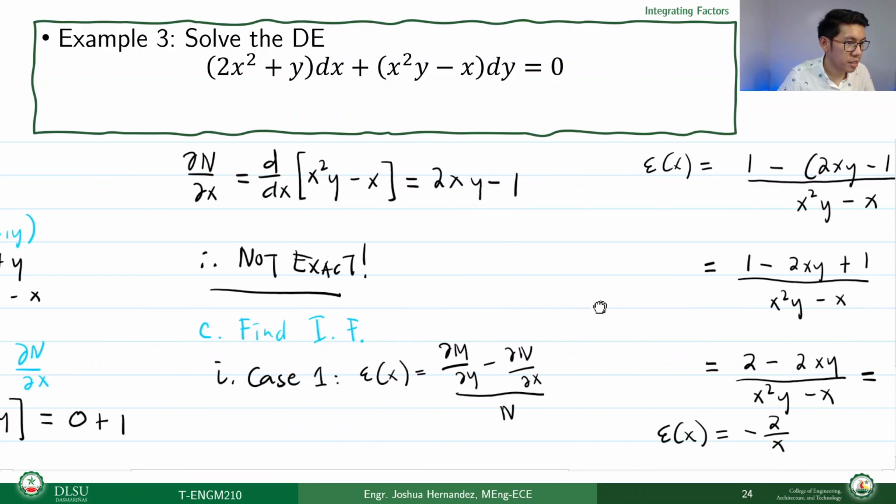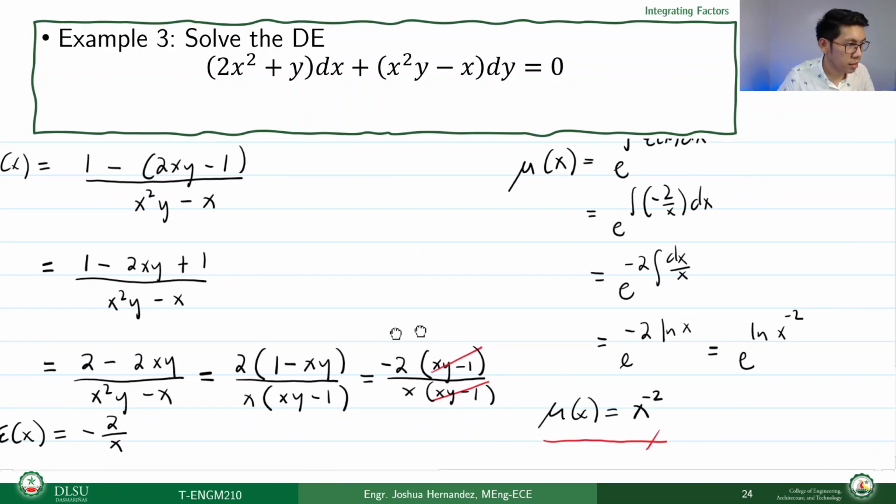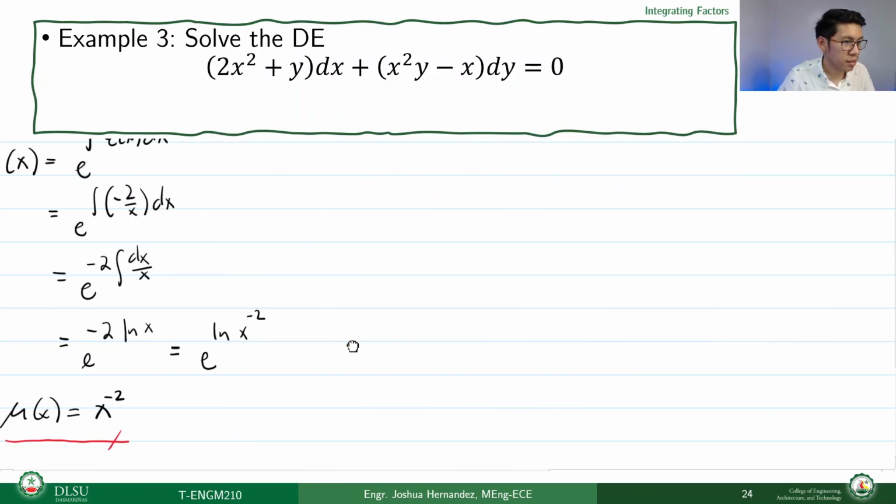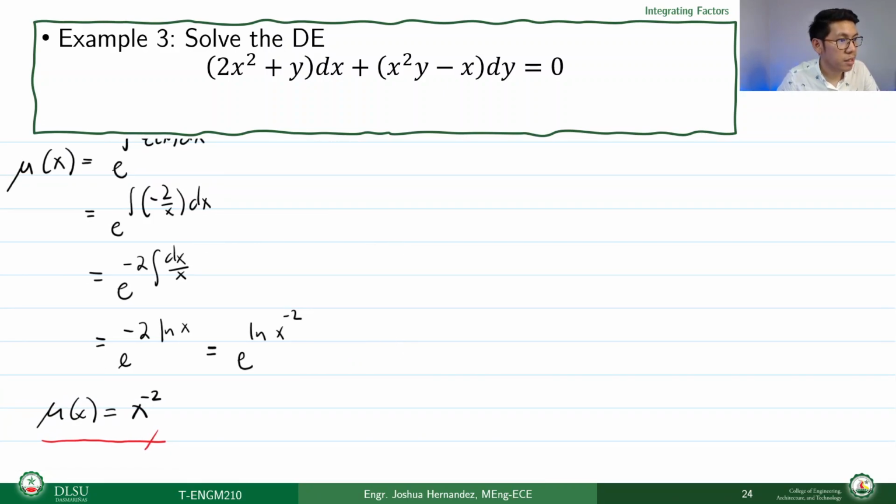Tama ba? This is step C. Yeah, this is step C. Now, step D. Step D is